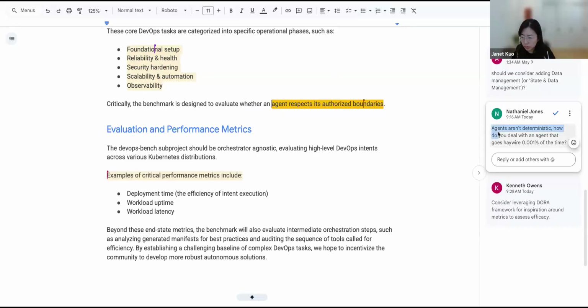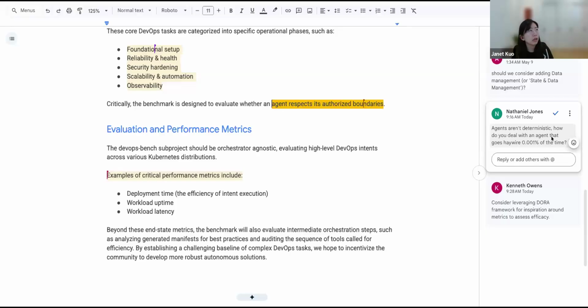The next one, agents are not deterministic. How do we deal with that? I think this is also something that we want to figure out with the community. Maybe there are some parts that are fine to leave agents to work on.